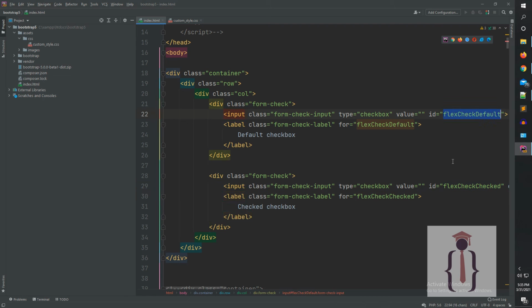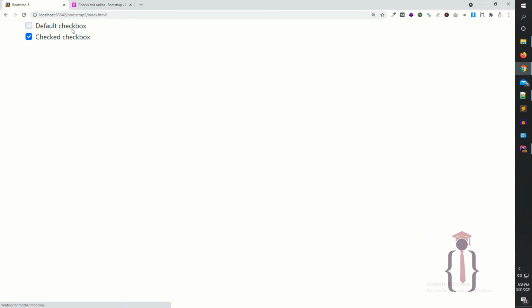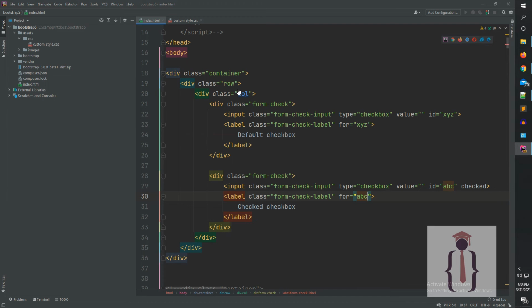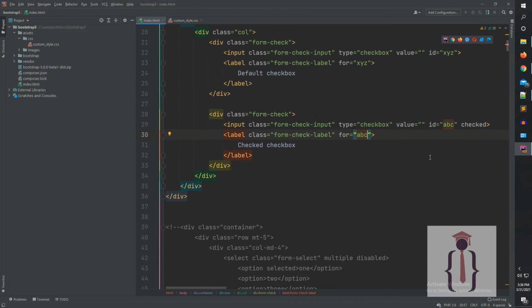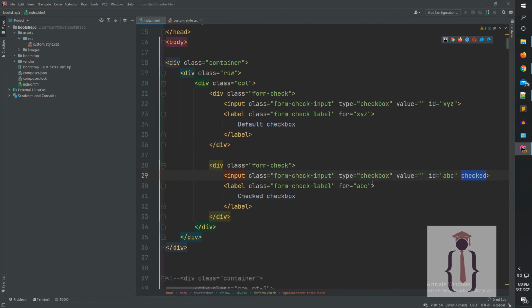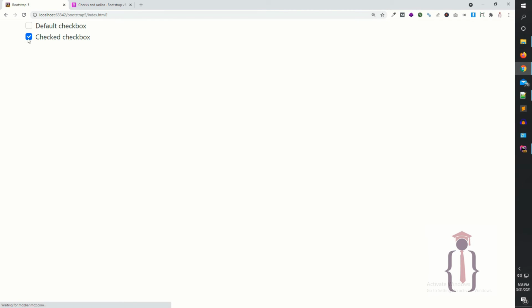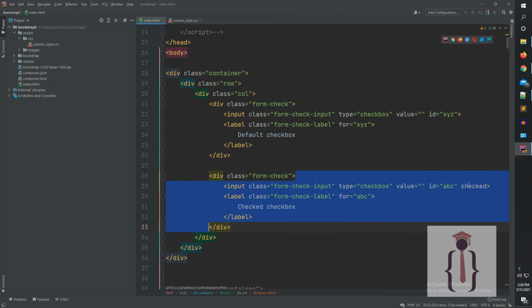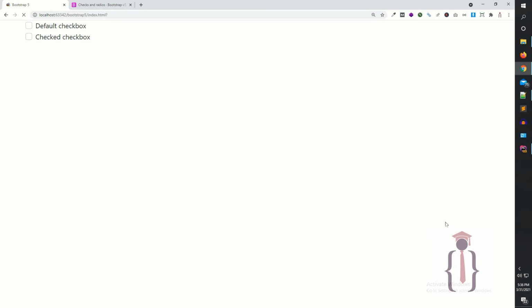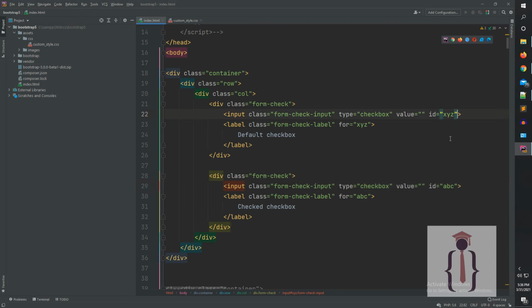So keep in mind, if you use the XYZ and if you use the ABC, then you have to use the XYZ here and also ABC here. So go to the page, refresh the page. As you can see, both are working fine. So for this one, when you refresh the page, as you can see, by default it's checked. Why? Because we have used the checked here. If you remove this one, as you can see, it's fine. If you use the checked here,